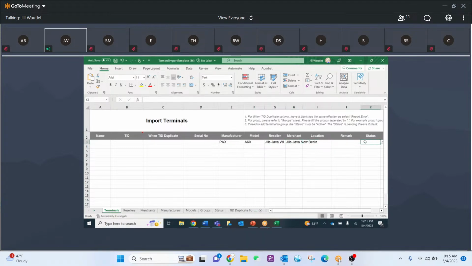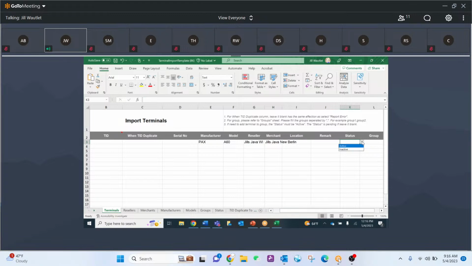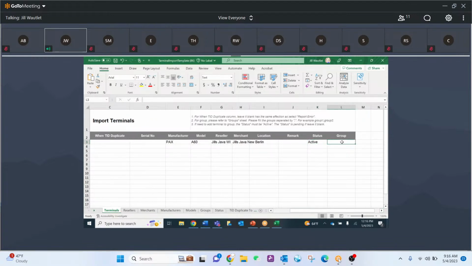Remark is not a required field. Status is. Let's talk about status, everyone. Status is active or inactive. You can only activate a terminal that has a serial number. So if you don't have a serial number, remember there was that auto-generated TID in the pack store that holds a place for it. So let's say we have active,